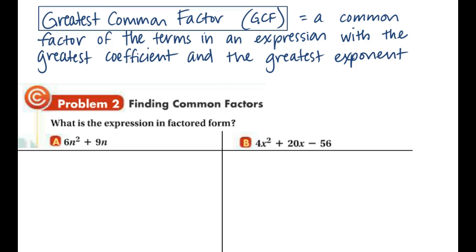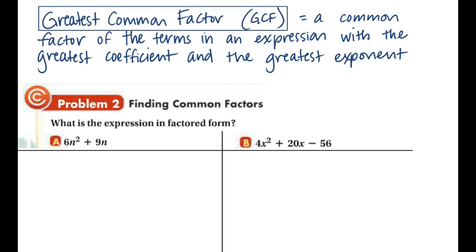Hopefully you remember the term greatest common factor, or GCF abbreviated. The greatest common factor is a common factor of the terms in an expression with the greatest coefficient and the greatest exponent. We can factor any expression that has a GCF not equal to 1. So here in example 2, we have two different expressions, and we need to figure out the GCF of each and factor them out. So taking a look at 6n squared plus 9n, we need to figure out the GCF